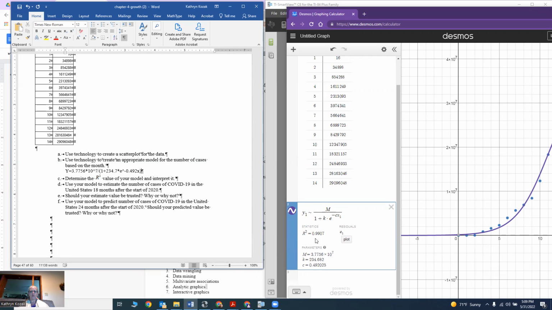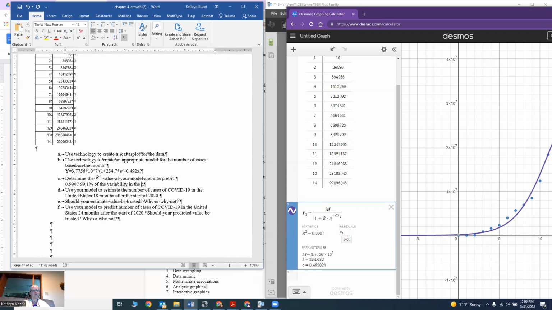I also want the R squared value. Right here, it gives me an R-squared value. It tells me it's 0.9907. So I now have my R-squared value. Another advantage of the calculator is I can get that R-squared value. So 0.9907, and that means, to interpret it, that 99.1, let's say, % of the variability